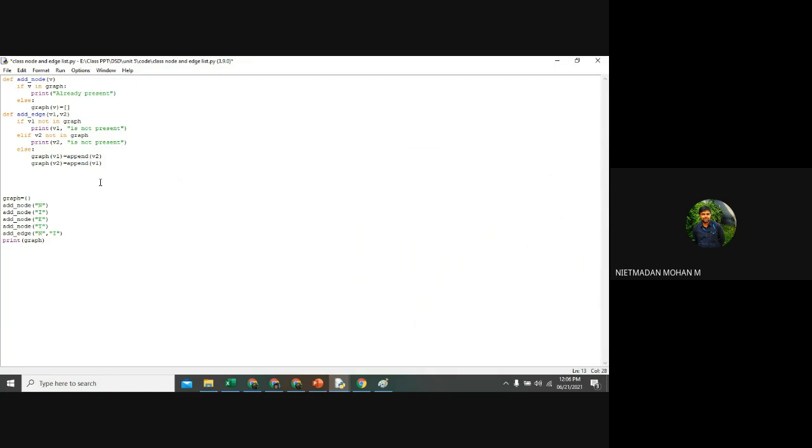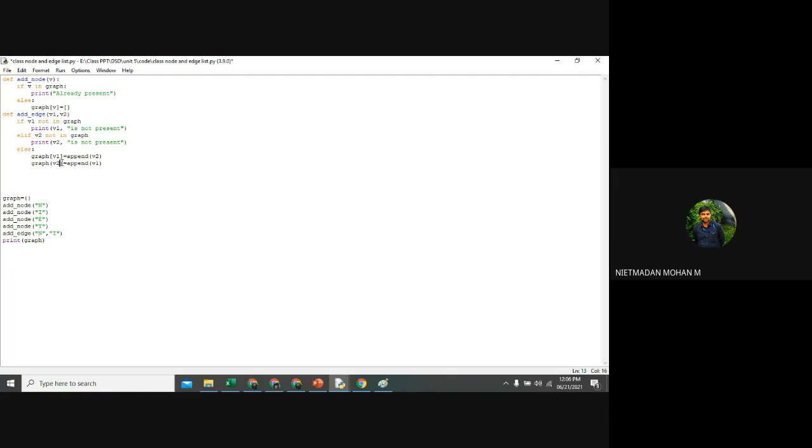So if suppose I am executing this part, graph of V1 is a list, right? This is not a function, this is a list. Kindly change it. Wherever I have used a function, that is my list.